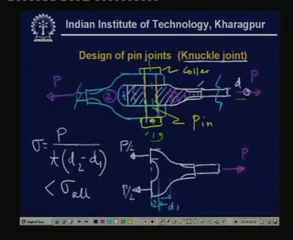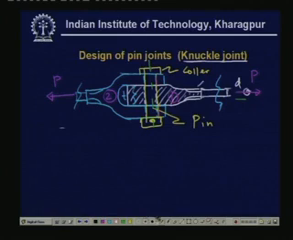Now once we know that, then we can design what is the value of d1 or d2 if T is properly chosen. So this is one way of failure, and we have one expression here. Now what is the other way of failure? Let us look at again the same